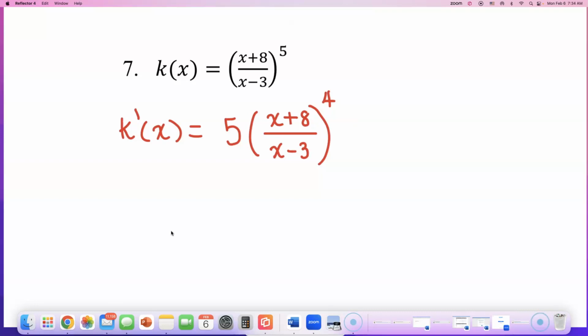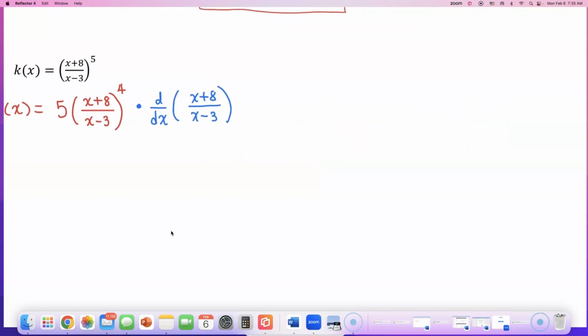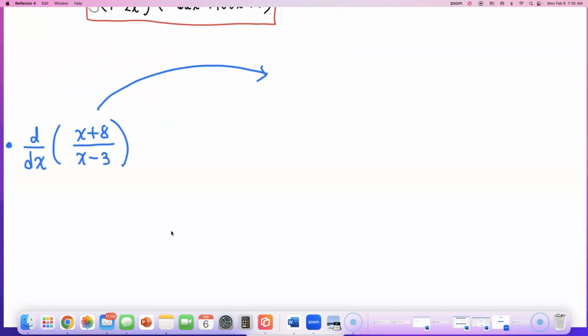What's my plan now? I'm going to multiply this by the derivative of the inside part, x plus 8 over x minus 3. This is me just stating where I'm going after now, okay? So keep that red part exactly the same for right now. I'm only going to branch out over here and find the derivative of this fraction using quotient rule, okay? So let's do some side work. So quotient rule,